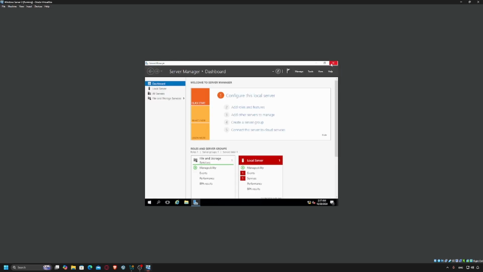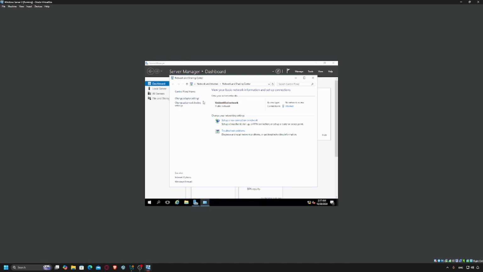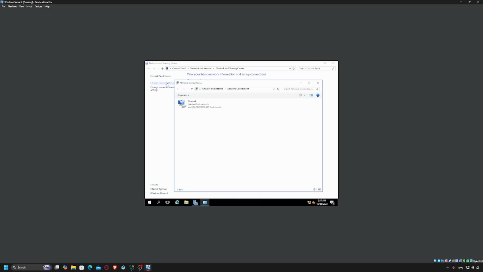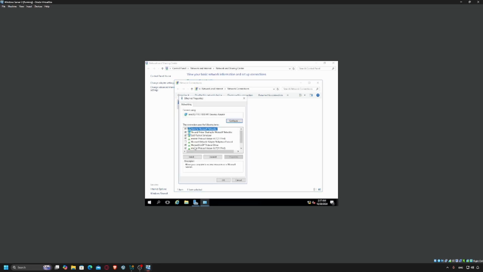And from here, we are going to the bottom right where there is the network symbol. We are going to right click on that, and we're going to open Network and Sharing Center. From here, we are going to change adapter settings. We are going to right click on the Ethernet adapter. We are going to Properties, and from there we are looking for Internet Protocol version 4, TCP IPv4. We click on Properties,